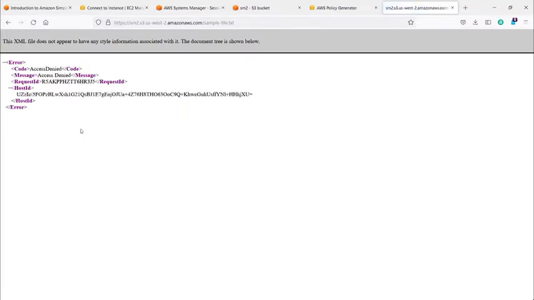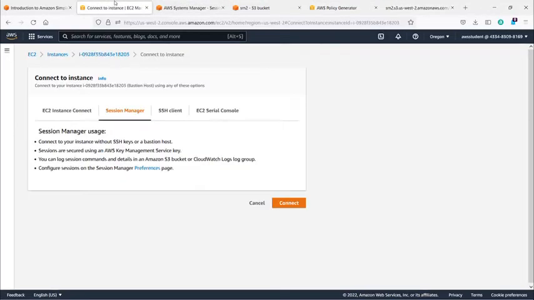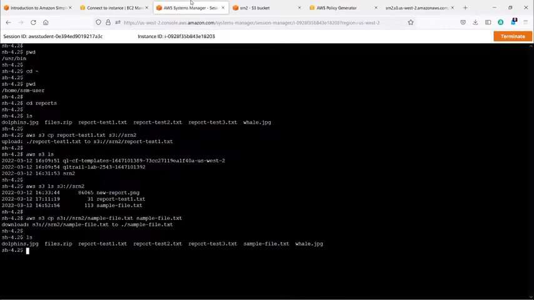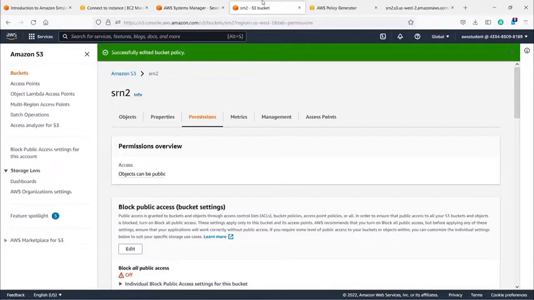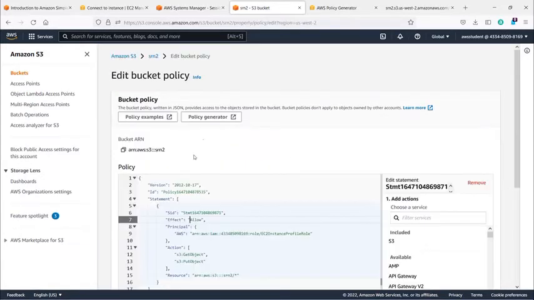We are still unable to see the file contents, and this is because we have allowed the policy to create policy only for the EC2 module or EC2 instance. So what we need to do is to create one more policy where it will allow the read object from everywhere or from public. So just go to the public bucket policy, choose edit policy generator,